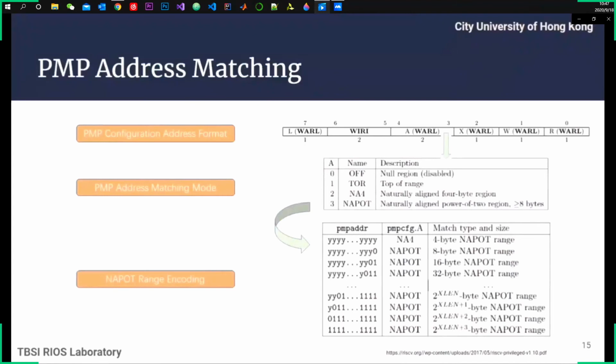When A equals 0, this PMP entry is disabled and matches no addresses. When A equals 2 or 3, NAPOT ranges make use of the low-order bits of the associated address register to encode the size of the range, as shown in the figure in the lower right corner. When A equals 1, TOR is selected. The associated address register forms the top of the address range, and the preceding PMP address register forms the bottom of the address range. And we have finished the PMP unit design,